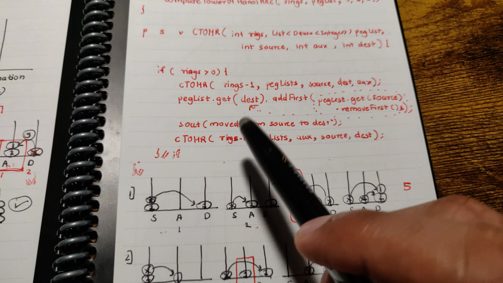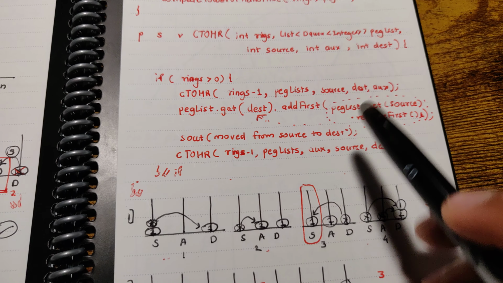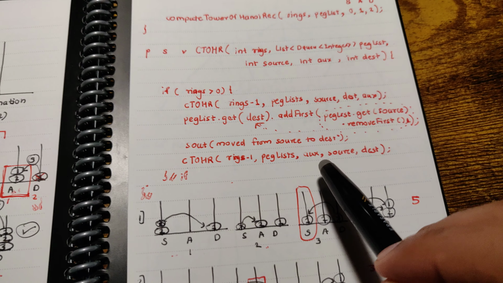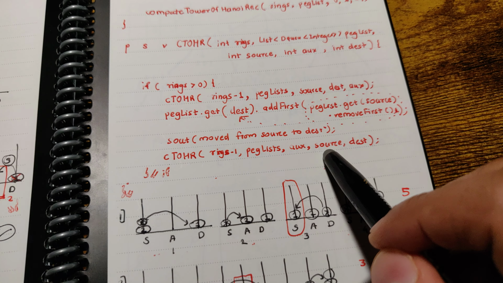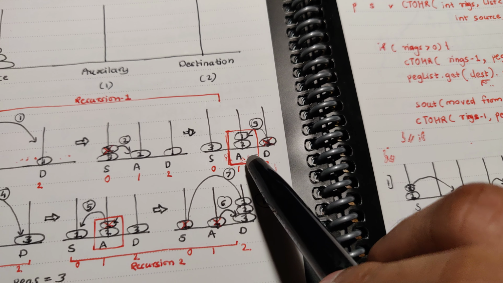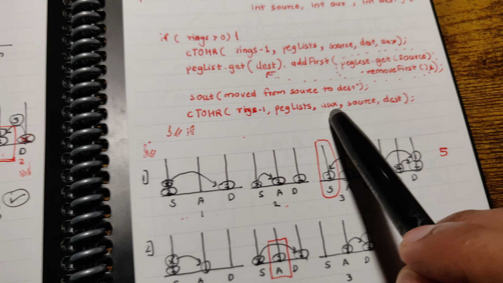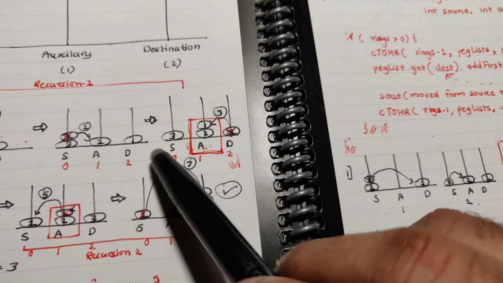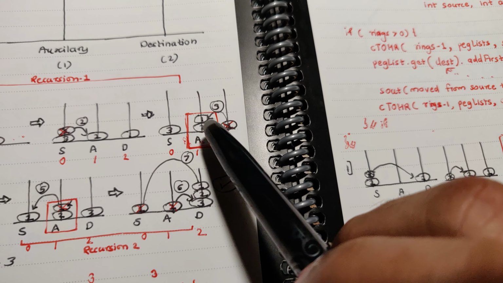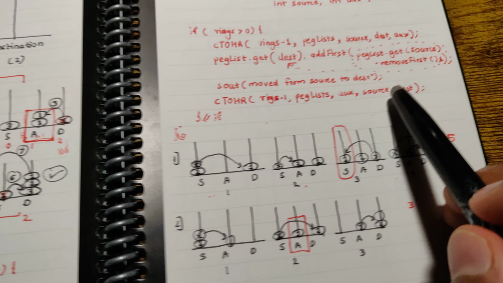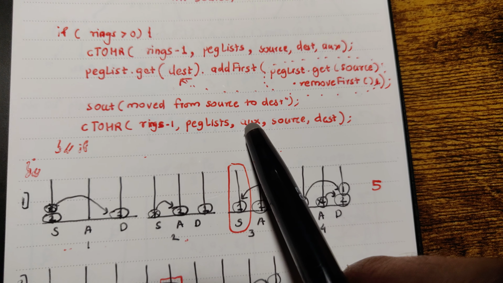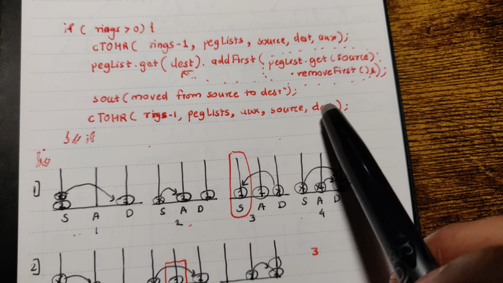So for that, if you observe, we are now considering auxiliary as the source, and destination remains the same. Why is that? If you notice again here, after we follow the first step and then we move 3 here, then 1 and 2 are pending, right? We have to move them on top of that. So this is our source now, right? That's why auxiliary A comes first. This is our source now, and we have to use the third, the source, as an auxiliary now, and eventually the destination is D again. So that is why this is auxiliary, this is source, this is auxiliary, this is destination.